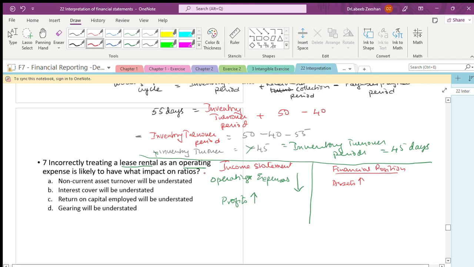Is it right? Non-current. We have to make sure non-current assets turnover. Is that non-current assets turnover? What is the formula? You have sales divided by non-current assets. Is that right? Next, interest coverage ratio is nothing but